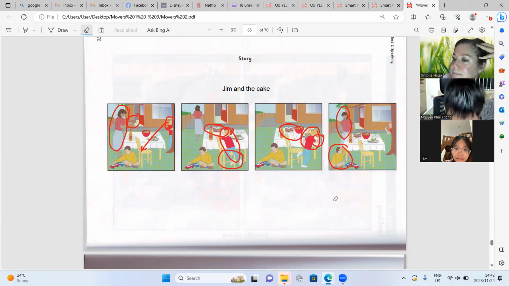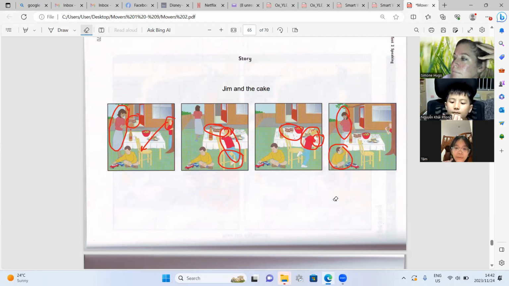Next, Jim's sister is climbing on the chair. She's looking at the cake.